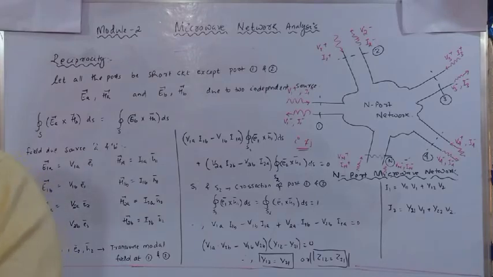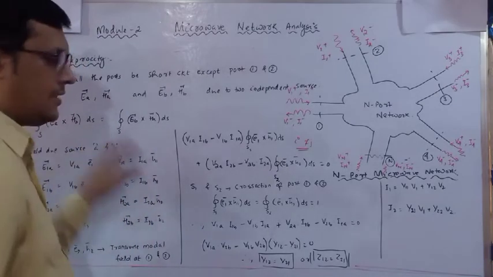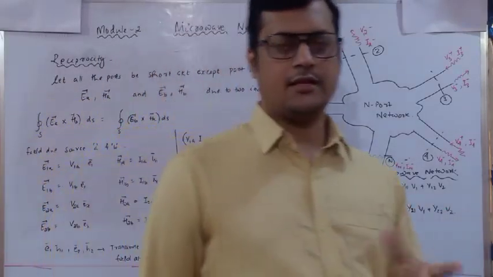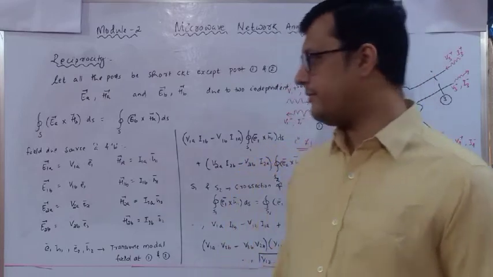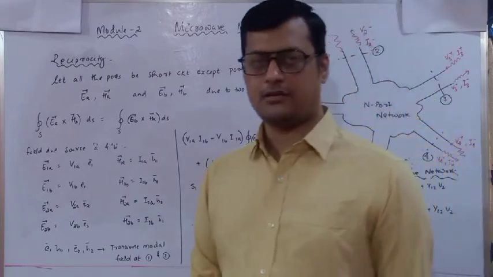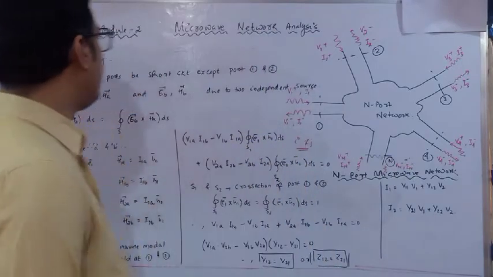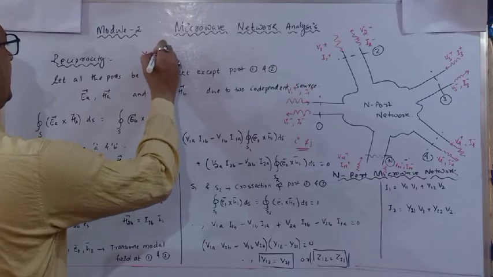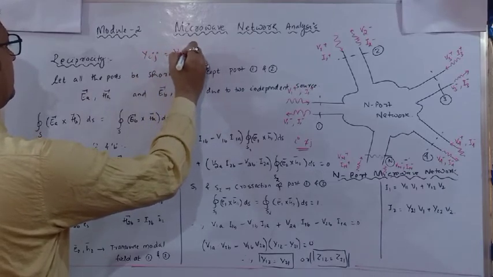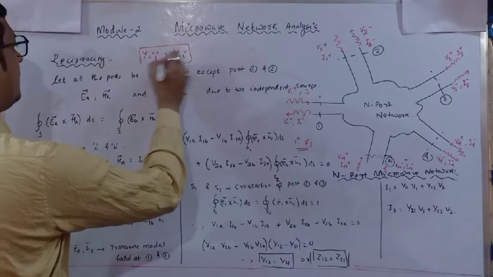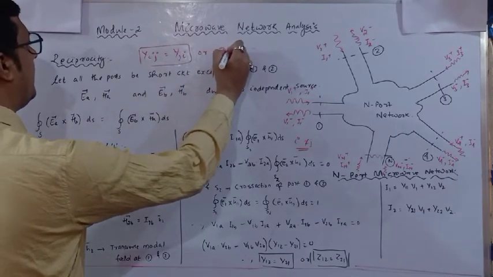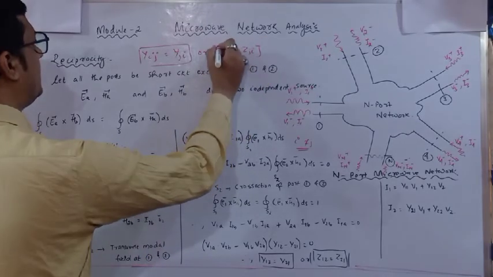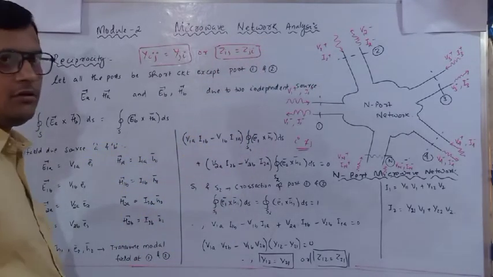Okay, so this is a small derivation which I have written for you, as we need to cover the session a little bit faster. I have written the derivation and I will explain all these things step by step. So what does the reciprocity theorem state? Yij must be equal to Yji, or Zij equals Zji. This is the reciprocity theorem.